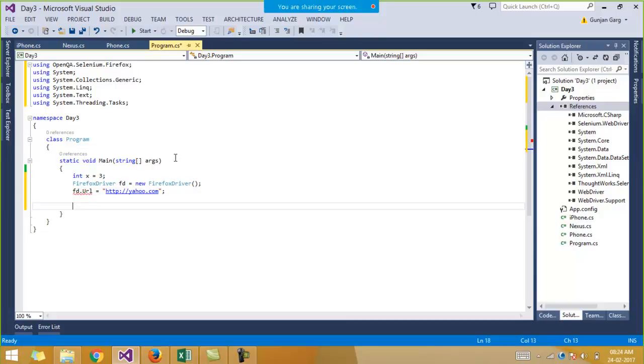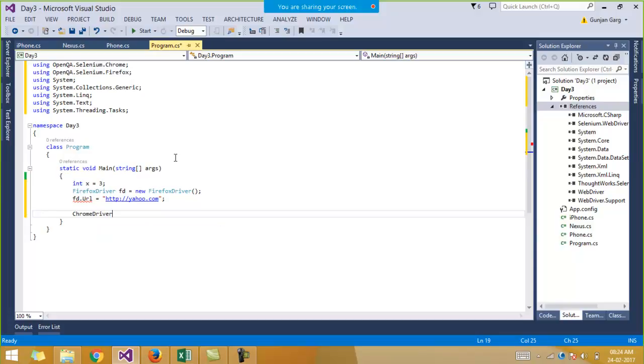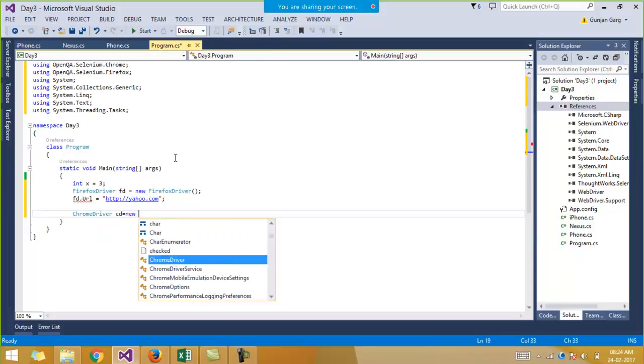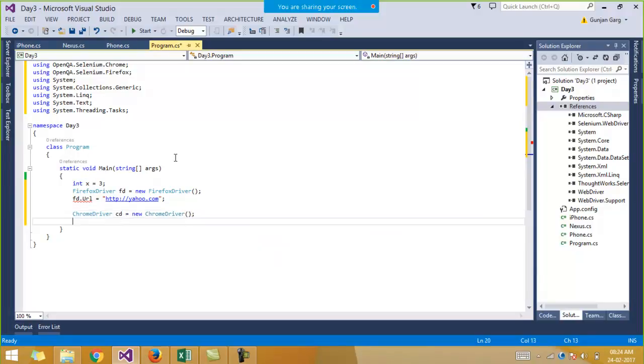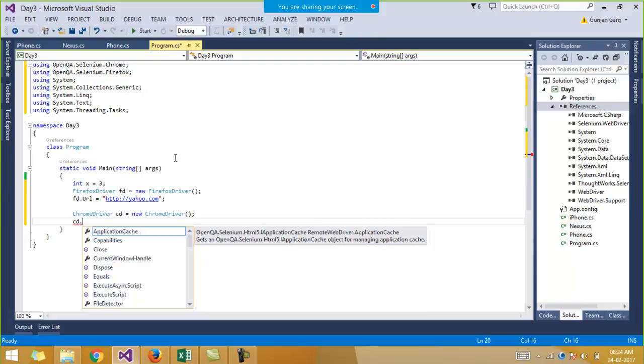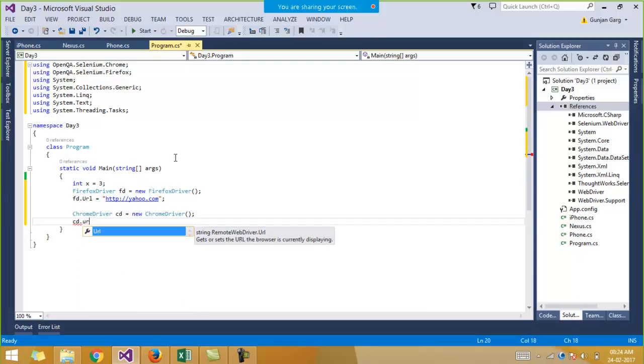And similarly, if I have to open the Chrome driver, then I will simply create the object of the Chrome driver class, and if you have to open any URL for the Chrome browser as well, then for this Chrome browser also we will simply call this URL function, right? And you give the path over here.